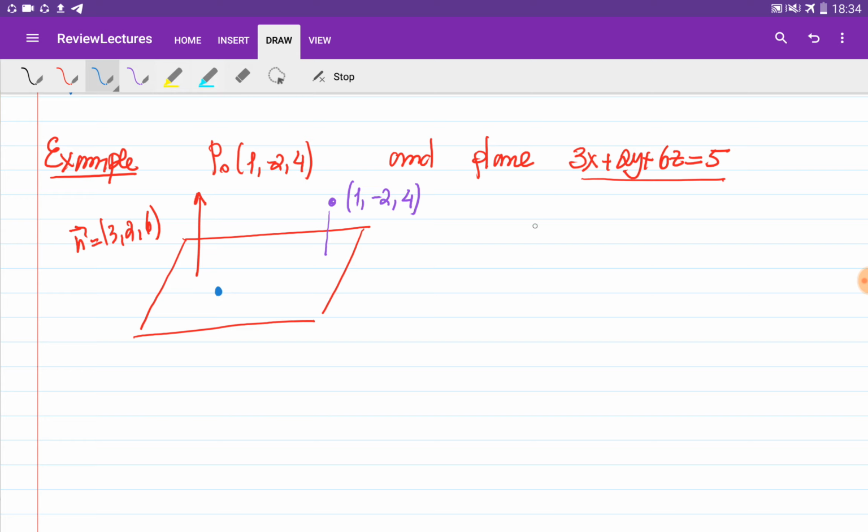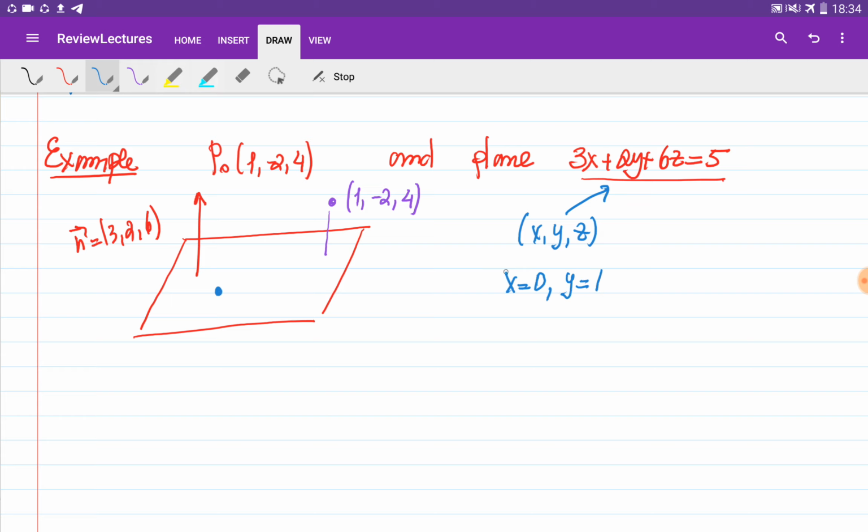It means that I need to find the pairs of 3 numbers, x, y, and z, which are going to satisfy this equation. So when I'm given one equation and 3 unknowns, I can choose 2 of them as I wish. I can choose anything for them. So for example, let's choose x to be equal to 0, sorry, y to be equal to